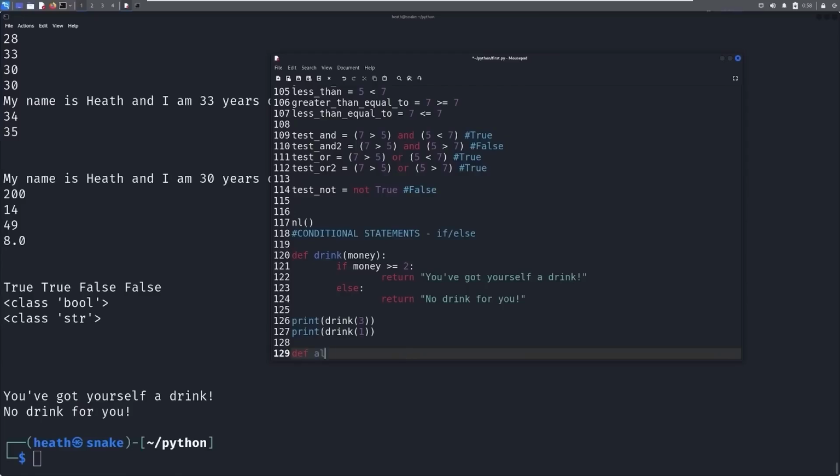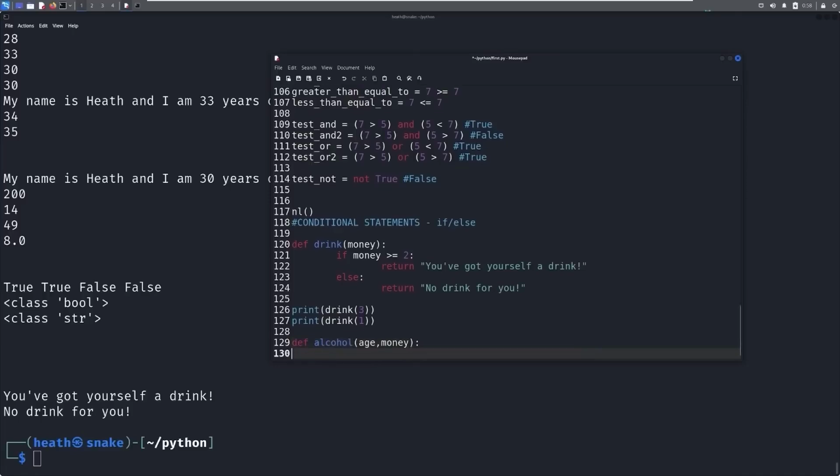So let's define alcohol. Now, in the United States, we have 2 things that we need in order to purchase alcohol. 1, we have to be old enough. We also have to have enough money, similar to the drink before that was non-alcoholic, we assume. Well, we have to actually be old enough to purchase this drink. In the United States, you have to be 21. So, if